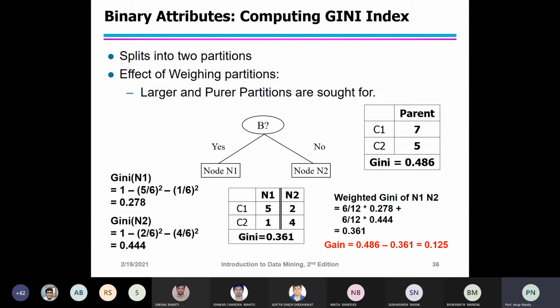Next, if the other nodes are also given, then you have to use this same formula. Are you understanding this formula? How we are calculating, is it clear or not? In the exam also, I will give you this type of problem in your end semester exam.